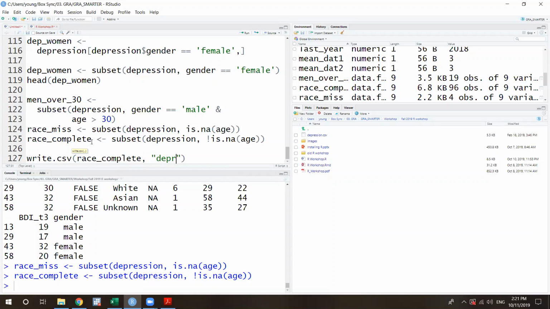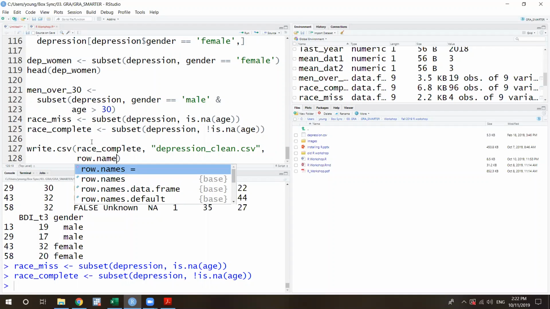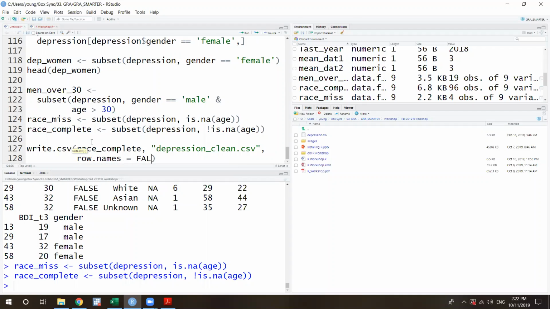And then you can put any title that you want to use for your file. I'm just going to use differentiation clean because I cleaned this data. And then you should put csv here, comma. And there's one more argument that I want to use: row.names is false.